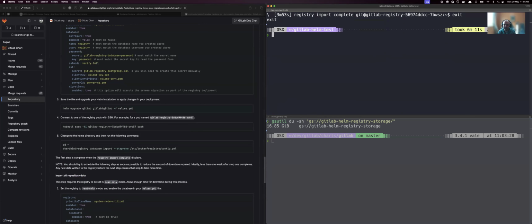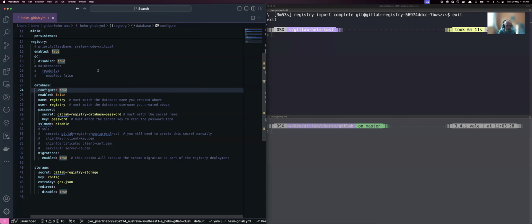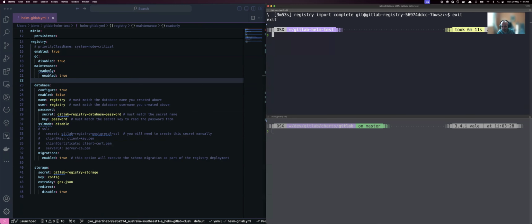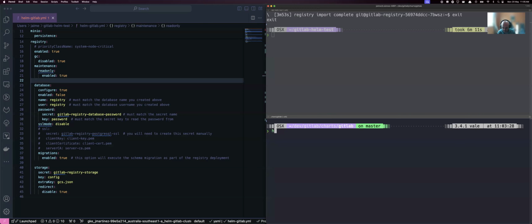So let's get into that. Let's exit this, and we're going to clear this out. I'm going to do this step here: set the registry in read-only mode, which we're going to do in here. To enable read-only mode, there's a flag called maintenance read-only enabled, which I already have here. I'm just going to uncomment this. Please notice it's at the same level as the other settings. This has to be true, and that's the only thing we need to change. And now we're going to Helm upgrade